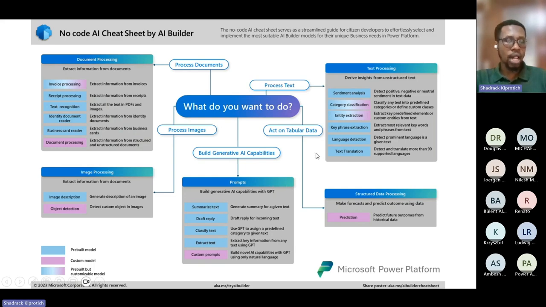And then I'm also going to touch on tabular data. This is something that is structured data processing. What I mean here is you can make forecasts and predict outcomes using data. So if you already have some historical data about your business, for instance, when there are high seasons and low seasons, you can predict this by training an AI Builder model to forecast and predict outcomes using the data that you have within your business. And with this structured data processing, you can easily get high accuracy